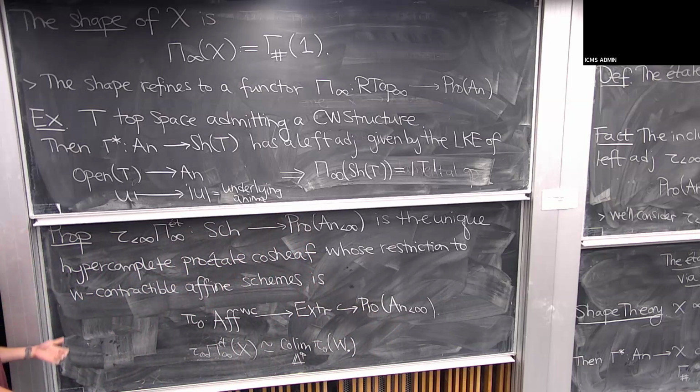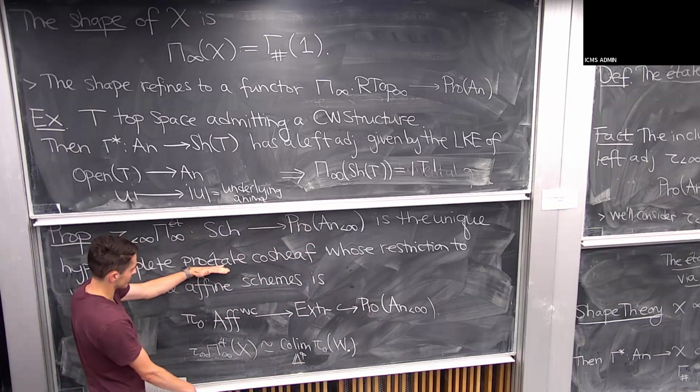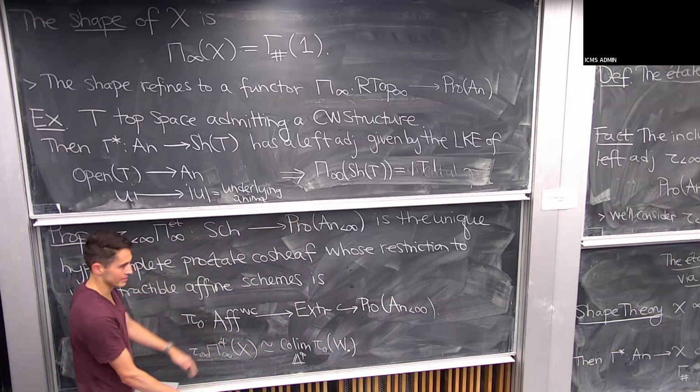And so that's kind of nice because it tells you some really nice universal property that is just the unique guy that satisfies this descent property and is something trivial on this basis.